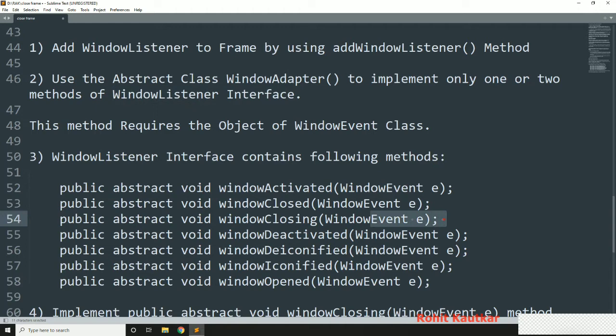Right now we are interested in this method, public abstract void windowClosing. This method requires the object of the WindowEvent class. We will implement this method because we want to execute code whenever we are about to close our AWT window, meaning whenever the user hits the close button and the window is about to close, we execute this particular method.